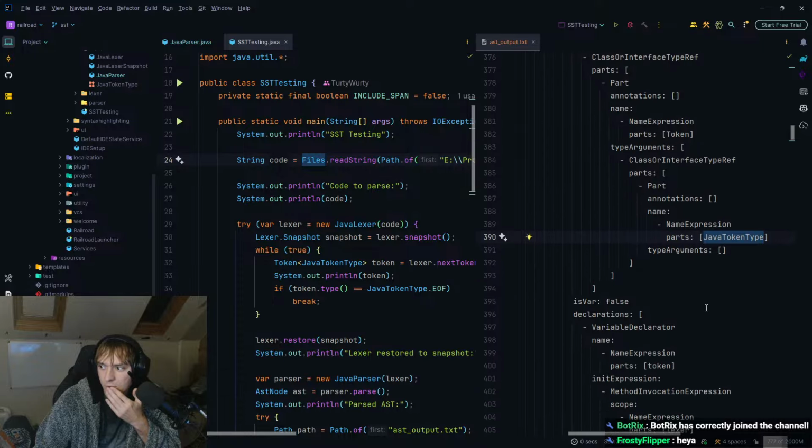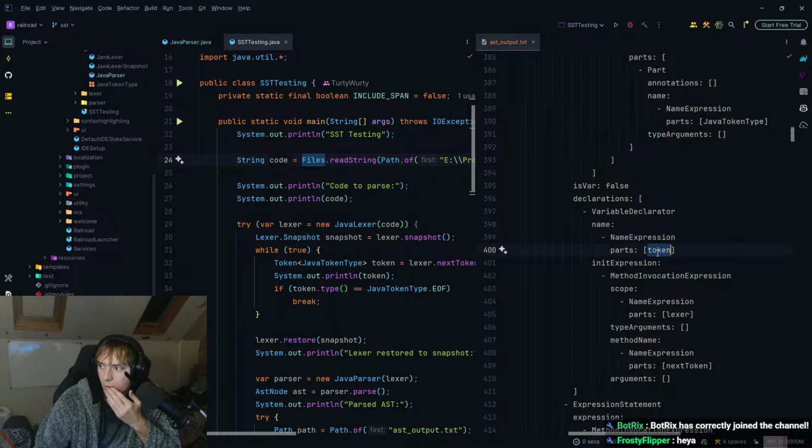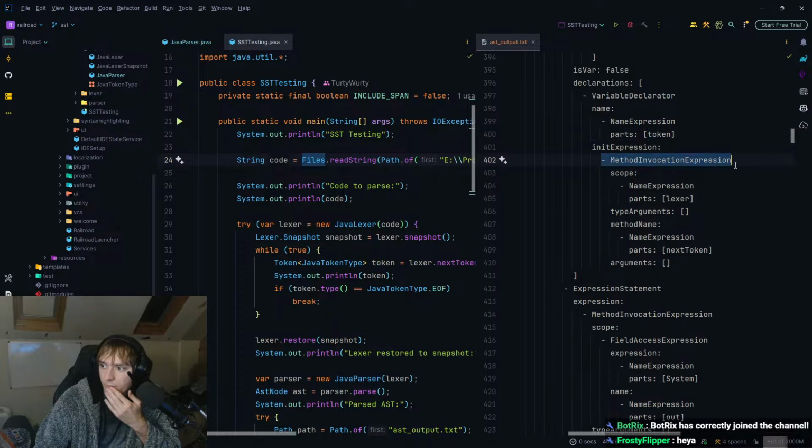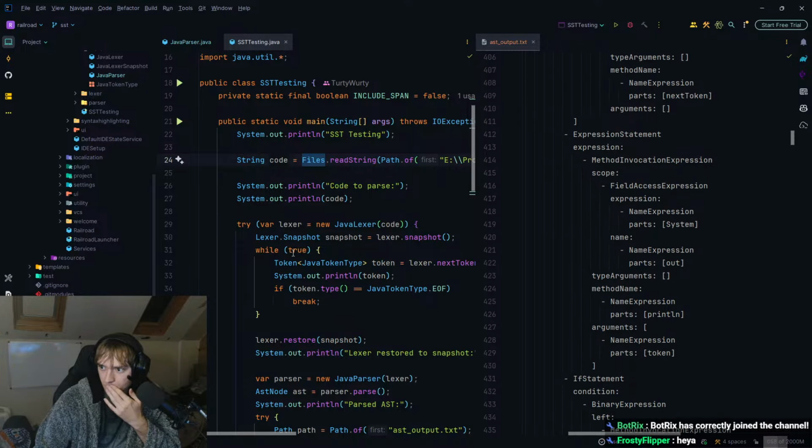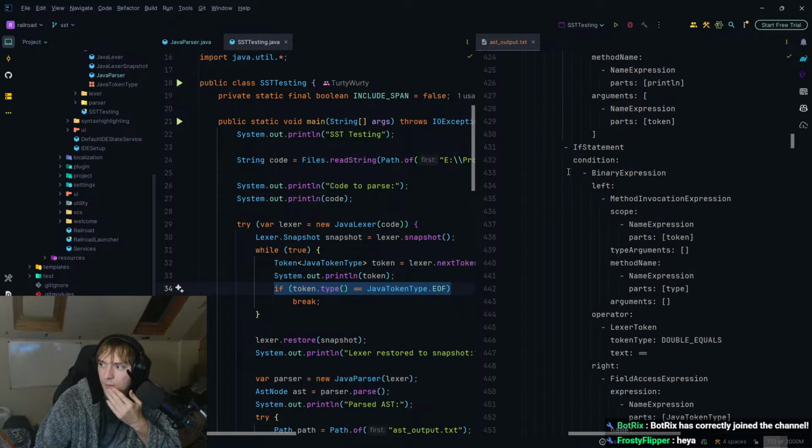That's correct, actually. That is called token. That is equal to a method invocation of lexa.next token. Okay, so far so good. Then we have this if statement. Oh wait, no, we have this one first. But we don't care about that one because that's fine.